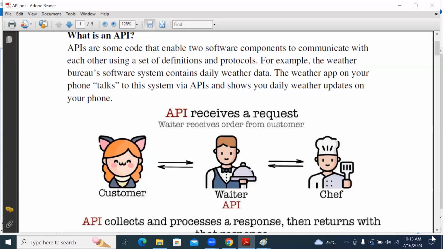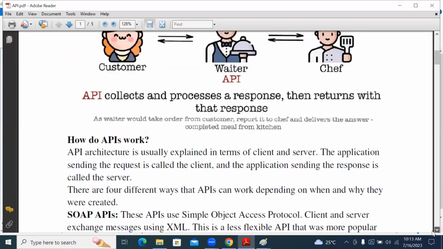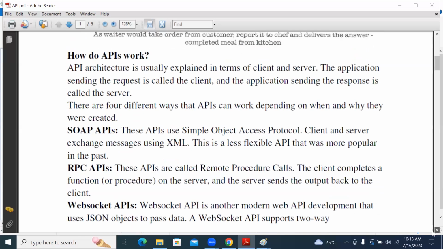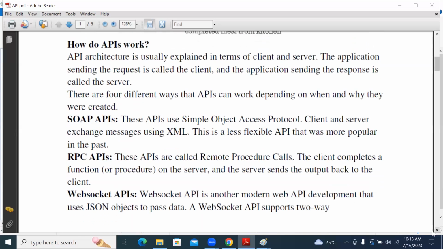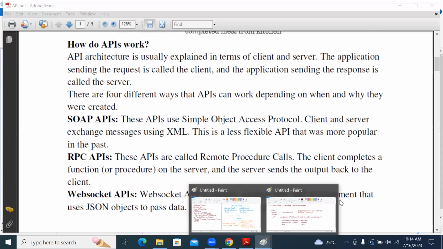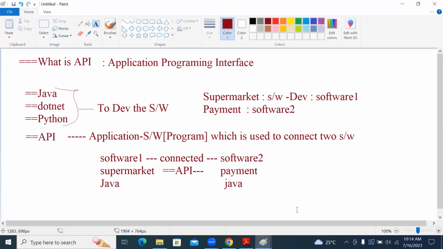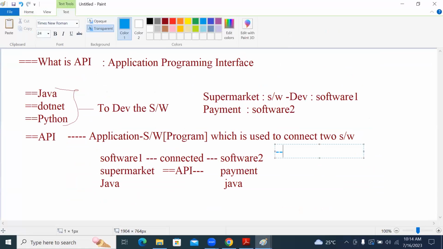Now, moving on to the next level: how exactly does an API work? In a very simple way, how does an API work?